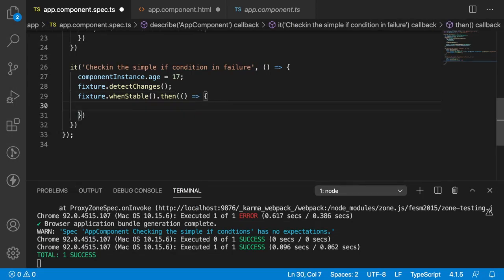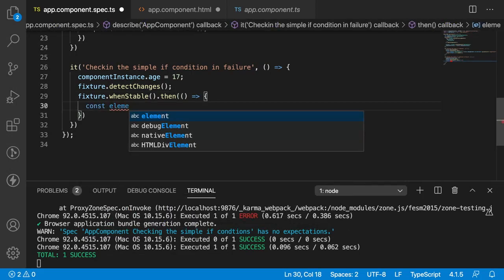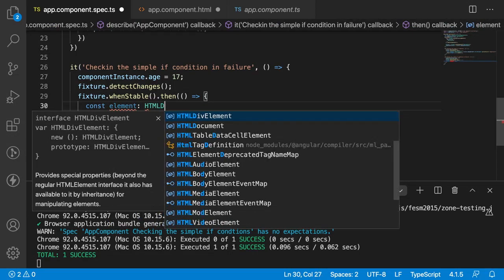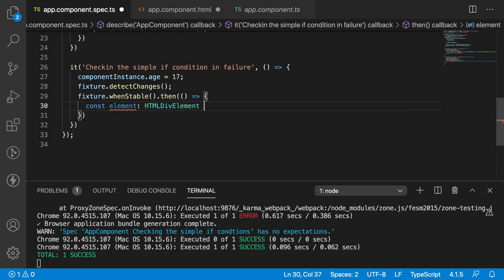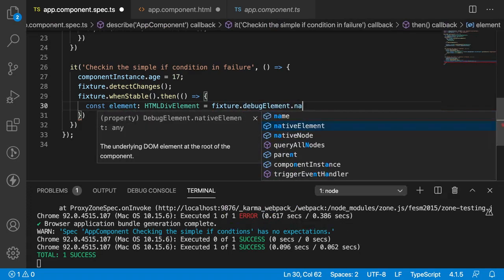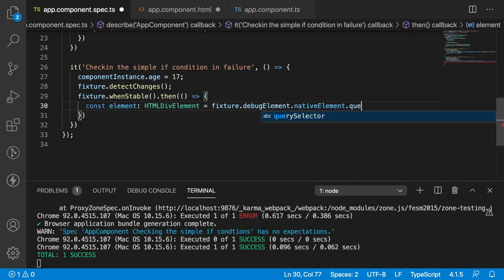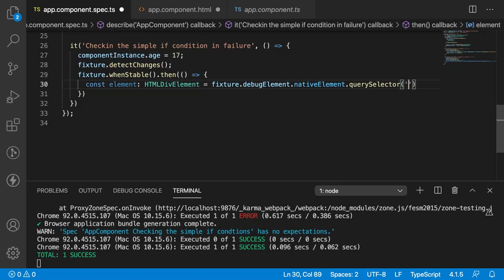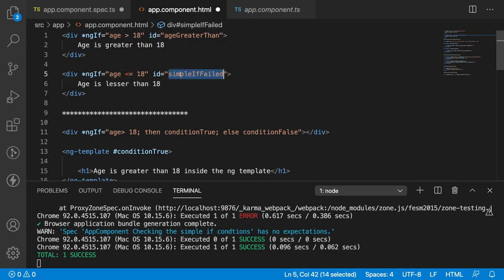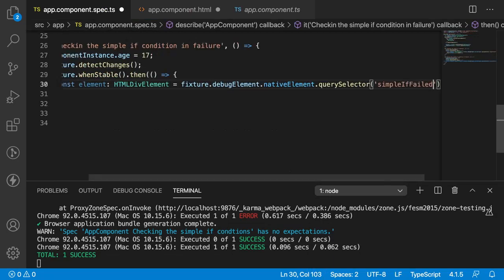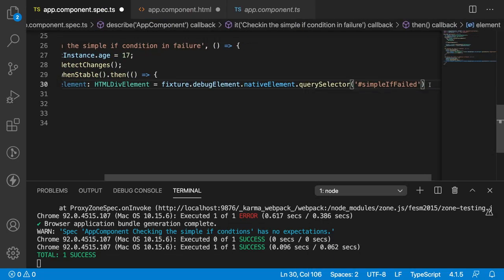Inside the callback, let me get the element, colon, it is also an HTMLDivElement. This div element is equal to fixture.debugElement.nativeElement.querySelector of what I want to get, the ID. The ID should be equivalent to that, simple if failed. So let me pass this ID,